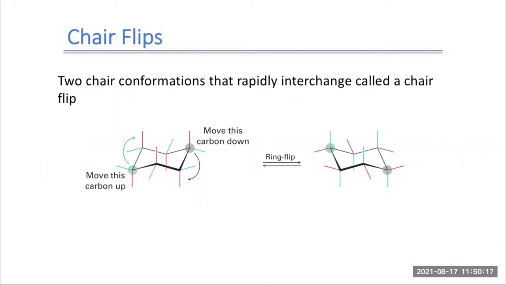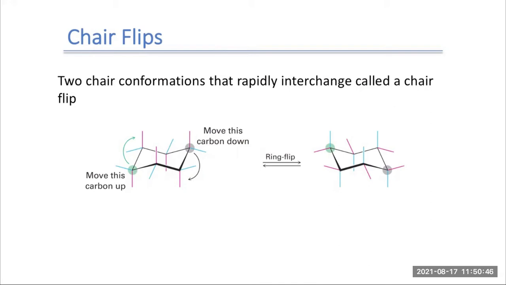So 6-membered rings have different conformations within the ring because it can do a chair flip. What that means is it's going to rapidly change between these two conformations. You can see the difference is this hydrogen, instead of being pointed up, now it's pointed down. This one, instead of being pointed down, gets pointed up. So that's called a chair flip,